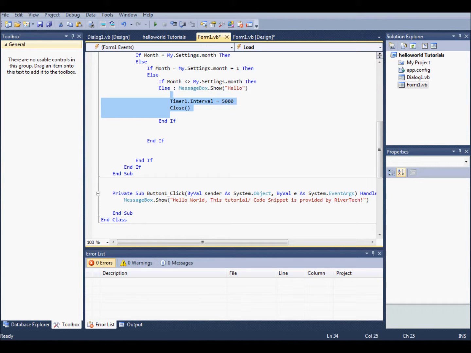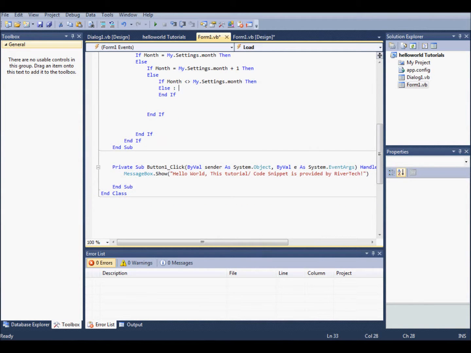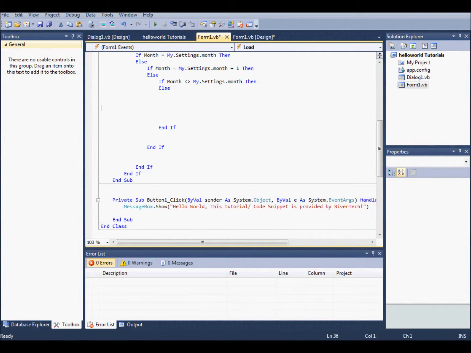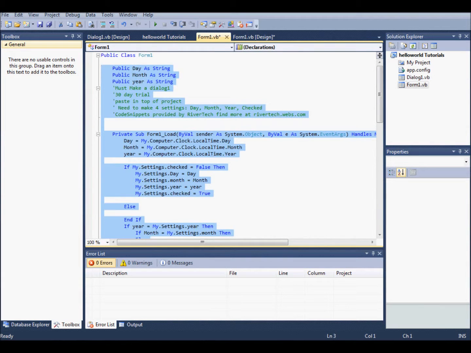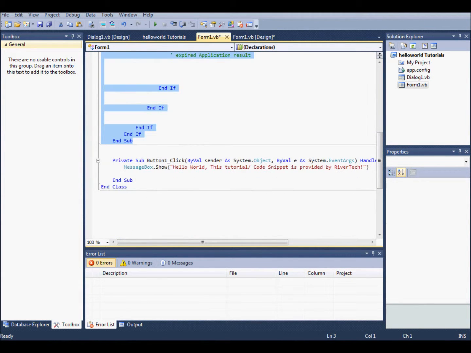for any other items. Now, in the online code snippet, you will not need to make timer 1 or dialog 1. You can just fill in whatever you would like in the blank space that has the code comment expired application result. Now, this is where you can write in whatever you would like the program to do after 30 days is up. You can find this code snippet